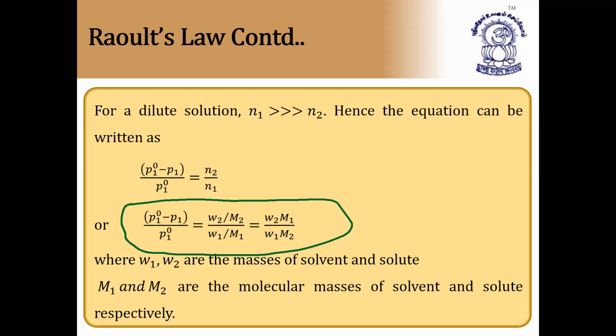In the previous slide, I have given small w into capital M, capital W into small m. That is the same thing here also. Both are the same, so that formula can also apply. Only the W1, W2 I have not marked there; I just kept W, small w, capital W. Here also you can do the same thing. I hope it is clear now.